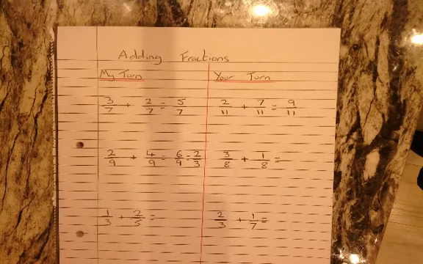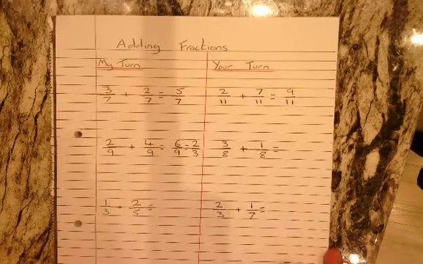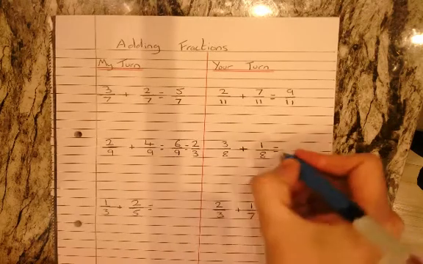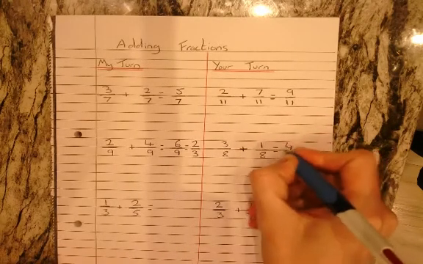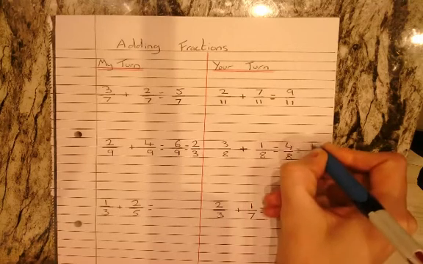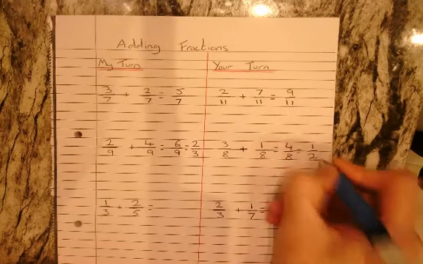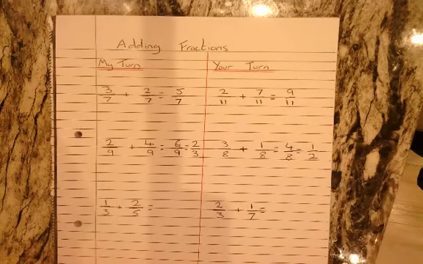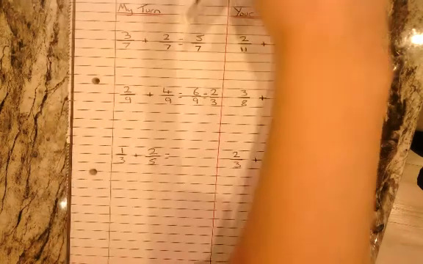So go ahead again and pause the video and do the your turn example there, please. Okay, well done. I'll mark that one again as well. So 3/8 plus 1/8 is 4/8. It can both be divided by 4 to give me a half. Okay, now on the final example,